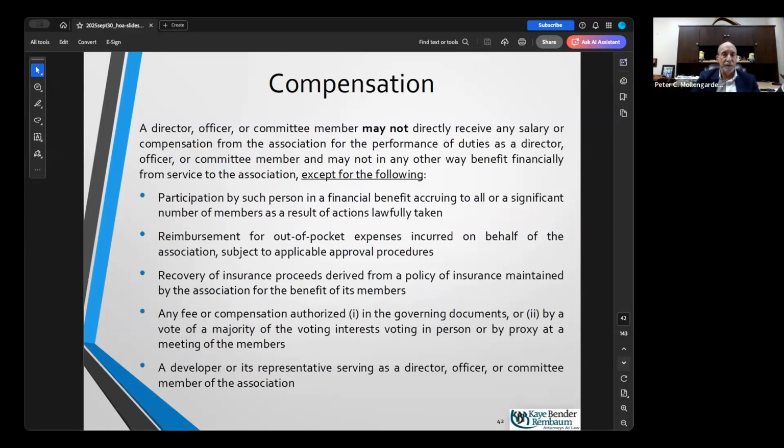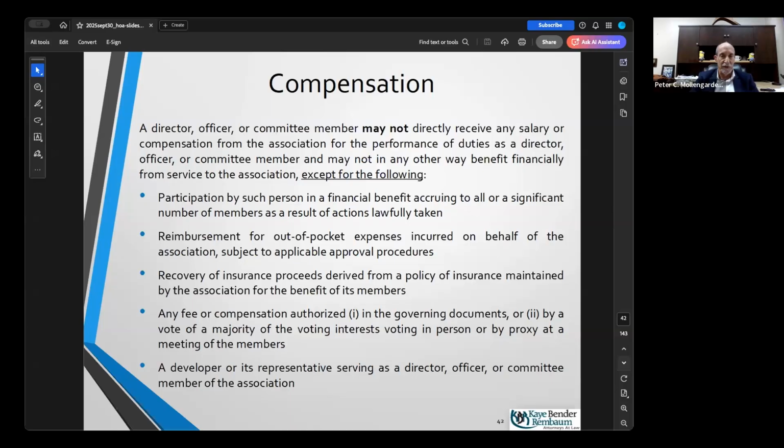How about getting paid? You guys want to get paid? Well, unlikely, but not impossible. A director, officer, or committee member may not directly receive any salary or compensation from the association for the performance of duties as a director, officer, or committee member, and may not in any other way benefit financially from service except for the following: participation by that person in a financial benefit accruing to all or a significant number of members